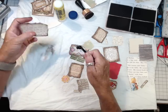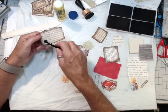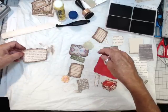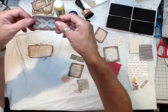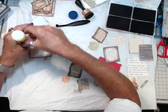So, anyway, that's how you do it with a little brush. And, of course, I ended up making it heavier. If you lay it down, you can get it a little heavier. So, I got that piece. And then I've already pre-inked this one. It was cardstock you saw in another one that I did. And I wish I could find